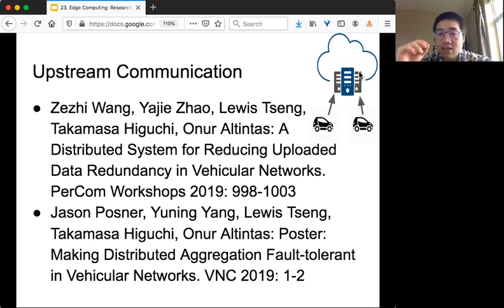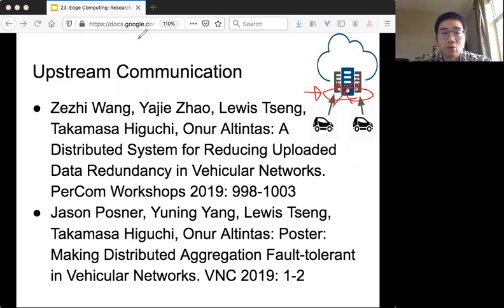However, if each vehicle only makes its own decision to upload certain things locally, then bandwidth is actually a big problem, because the data center can only support a certain amount of communication. And right now, look outside, how many vehicles do we have? If all of them want to upload at the same time, very soon the data center cannot handle that amount of data. So we want to minimize the uploaded data.